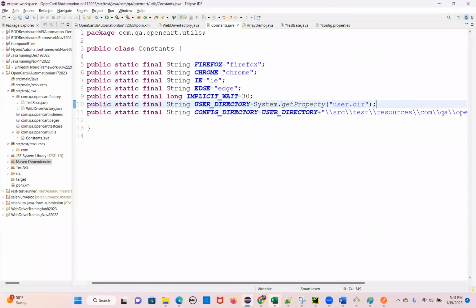Don't blindly copy paste. Understand what this is doing, then you can use it anywhere. First, you should understand what System.getProperty is doing. It will give you the current working directory, the current user directory where the user is currently working. That path it will give us. Then I want my config directory path, so user directory plus the remaining path, because I am going to create a config file under src test resources. So that's the complete path of